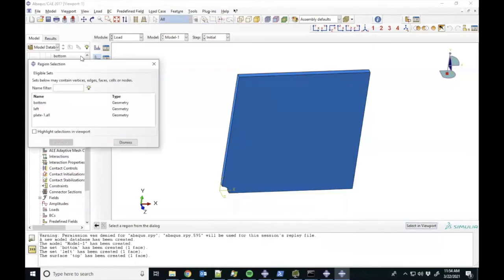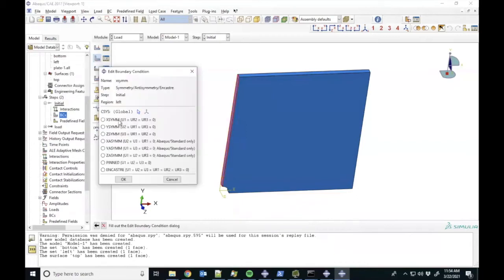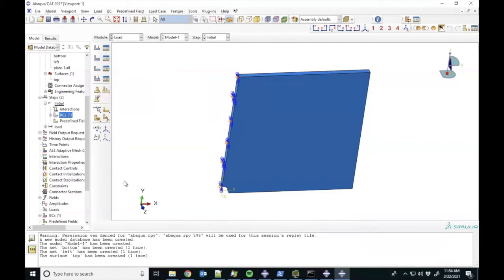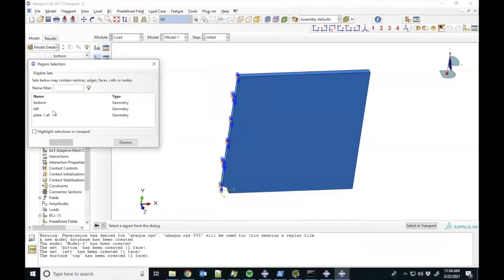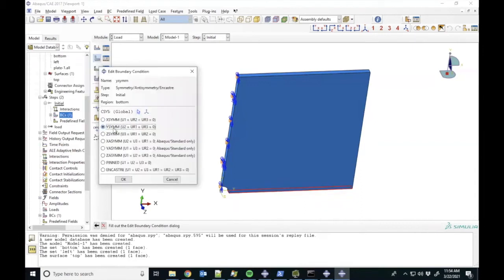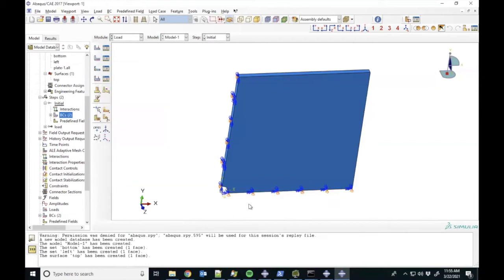And we're going to apply it to this set that we created for the left surface. And of course, we're going to choose the xsim boundary condition option that's built in, which just enforces symmetry about the x direction. And then similarly for the bottom surface, we're going to create a ysim boundary condition. So we can select this bottom set as our boundary condition set and choose the ysim built-in option so that we now have symmetry about the y direction on the bottom surface and symmetry about the x direction in this